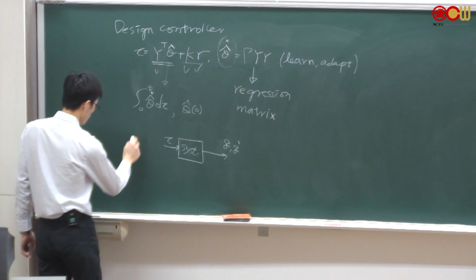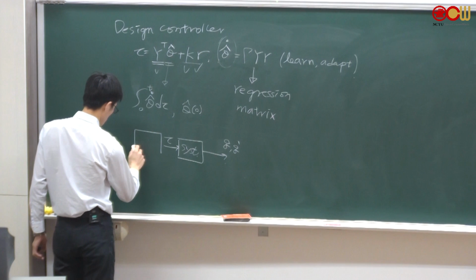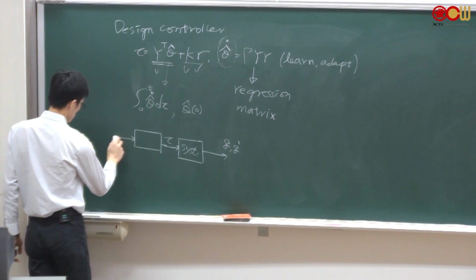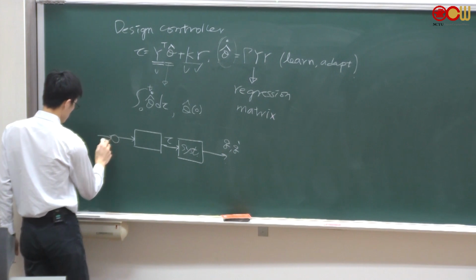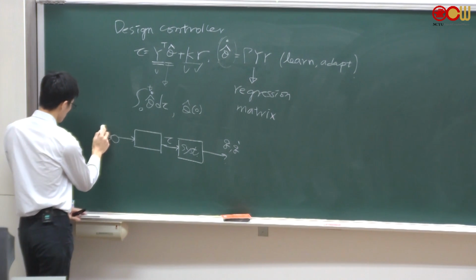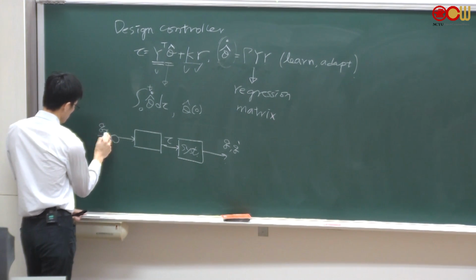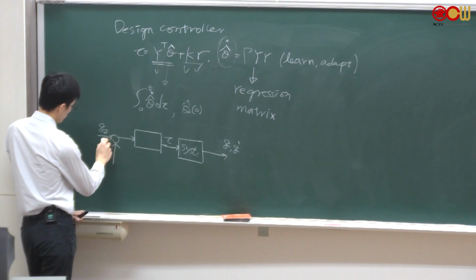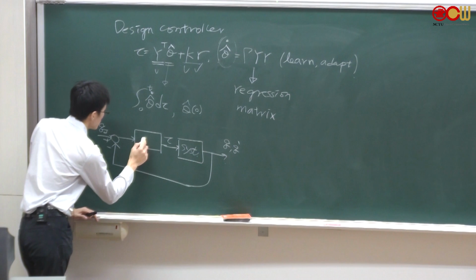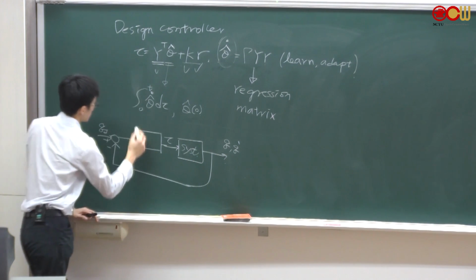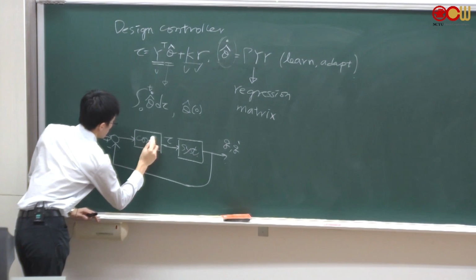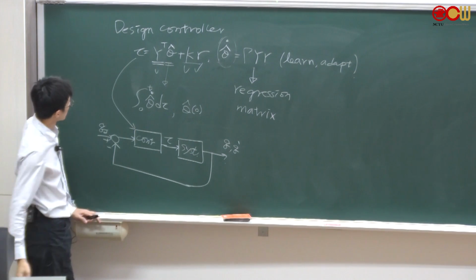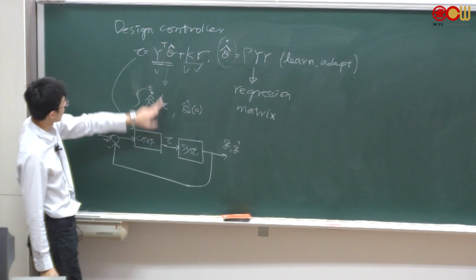And here's the controller, which is trying to track some Q D signal. And here's the feedback. So the way to generate this tau is